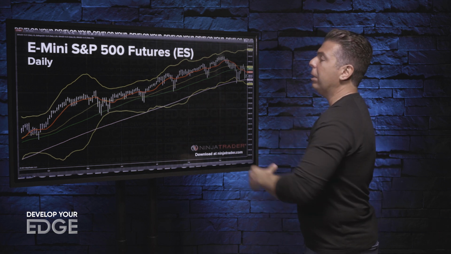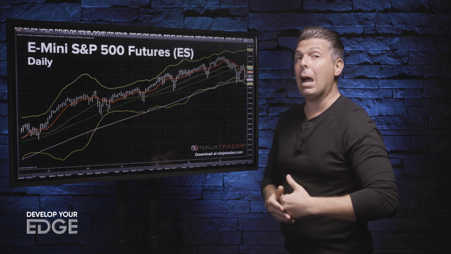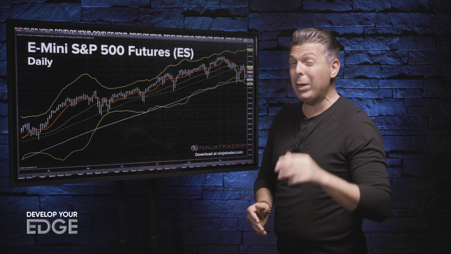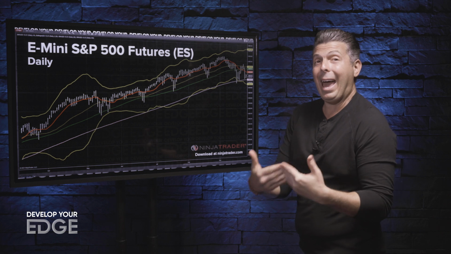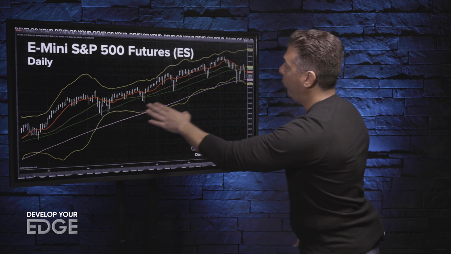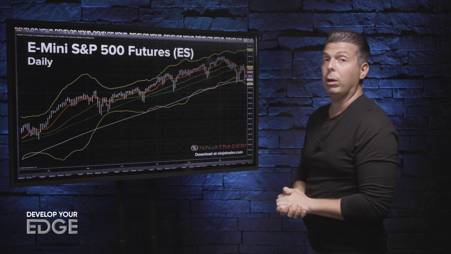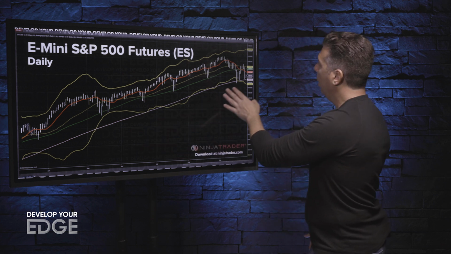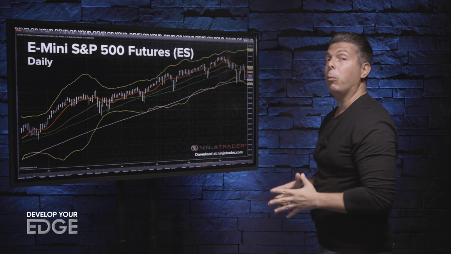So I added the 50 and 100-day moving averages because I want to see if this trend is breaking down to the longer-term moving averages and we could potentially accelerate to the downside. So I like to add moving averages for confirmation. And what you've seen here for a period of time is us hugging above the 50-day moving average. We all know how strong the trend has been. And now we hit that 100-day and bounced off it, and we're looking to come right back to it as